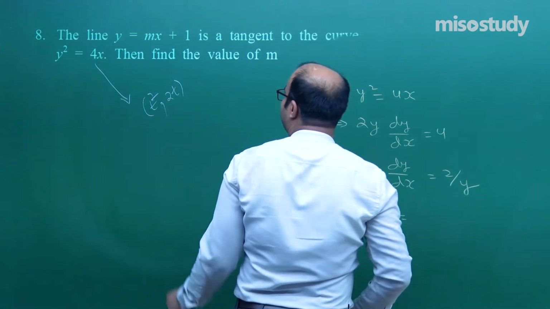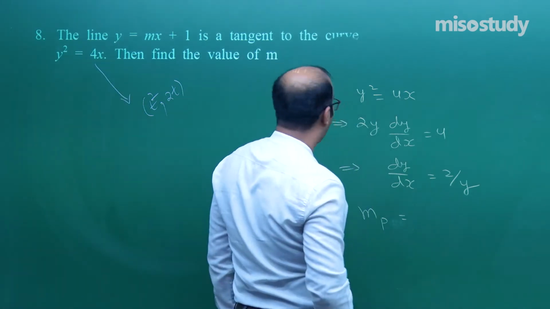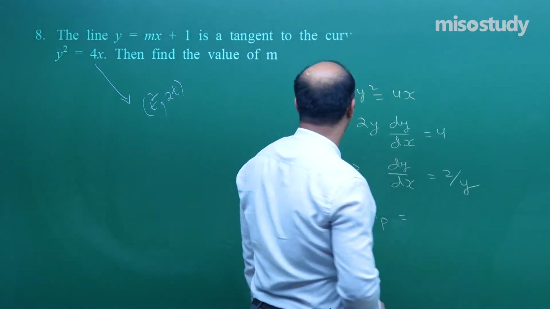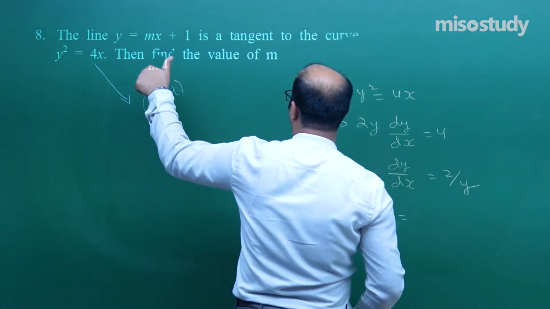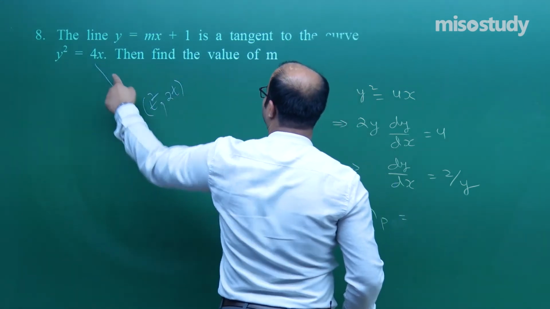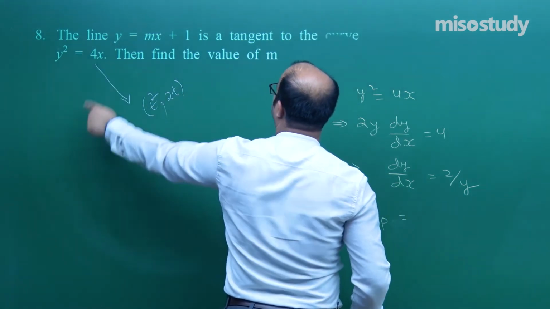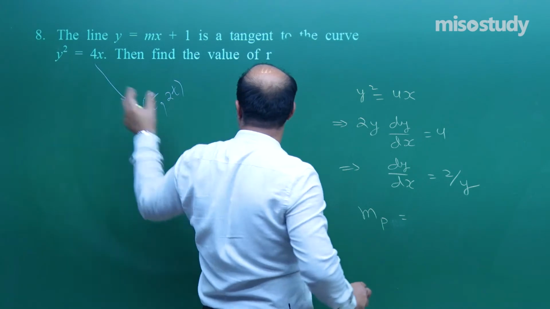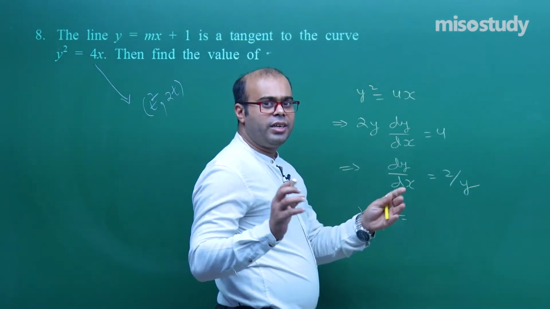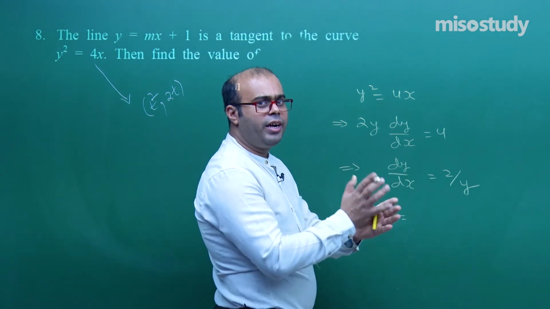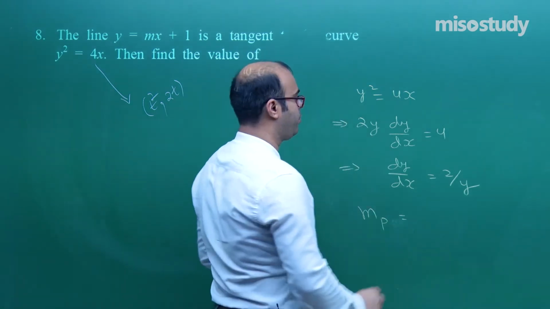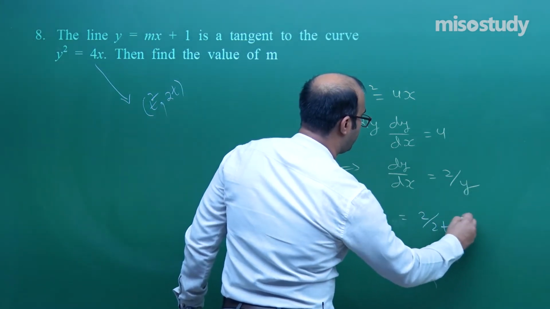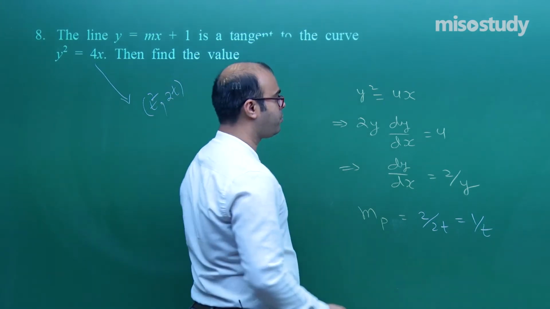So we can assume that the point on y square is equal to 4x is of the form t square comma 2t. This we call the parametric form in a parabola, as we study in coordinate geometry. But we don't have to think so much about that. Simply here we have taken x as t square, so y square has become 4t square, so y has become 2t. We don't want to take x and y separately and use this equation. We are using the relation between them and finding the abscissa and ordinate in terms of only one variable, that is t. So at this point p, which is t square comma 2t, y is actually 2t. So the slope of the tangent is 1 by t.